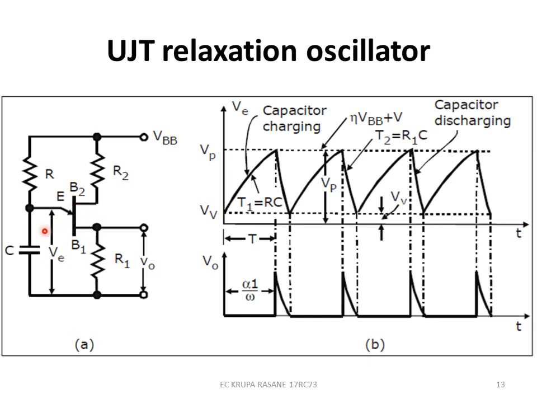But when it discharges, that is when the UJT turns on, the discharge time constant is determined by R1, not by R. So it is going to discharge through R1 times C. This R1 times C is the discharge time constant. So this is the charging time constant and the discharging time constant. The discharge time constant is very small because R1 is very small. Hence the capacitor is said to discharge almost instantly. And hence for the time period, instead of considering T1 plus T2, we normally consider only the charging time of the capacitor.